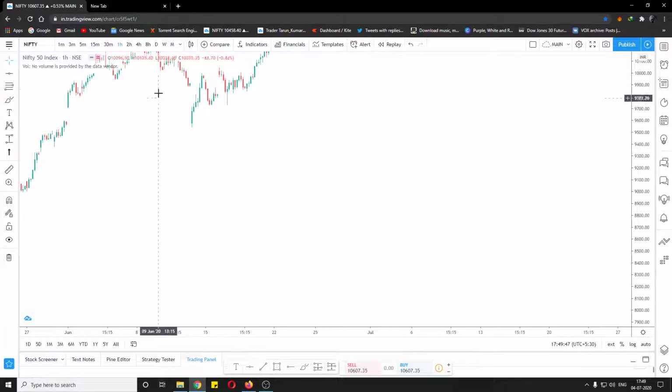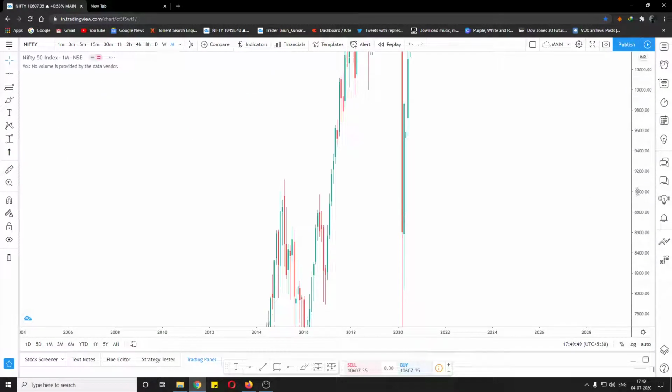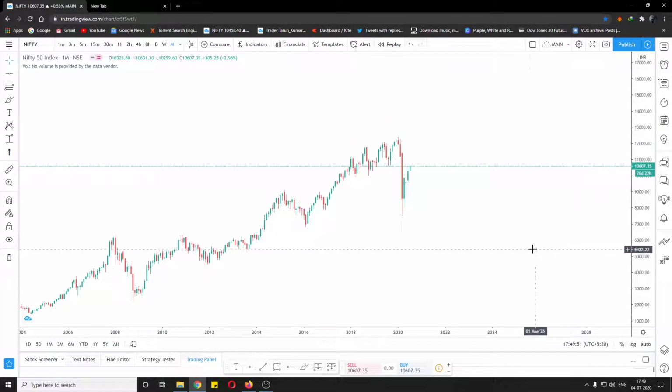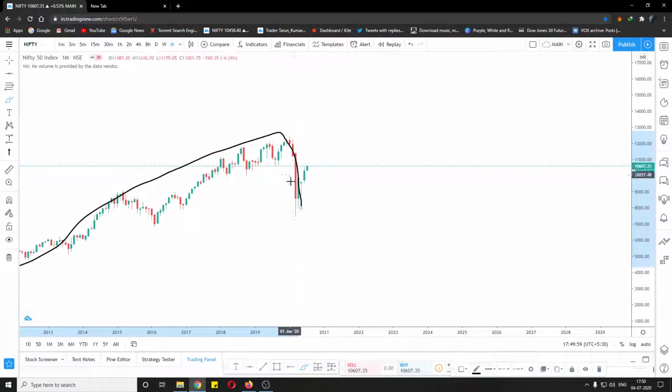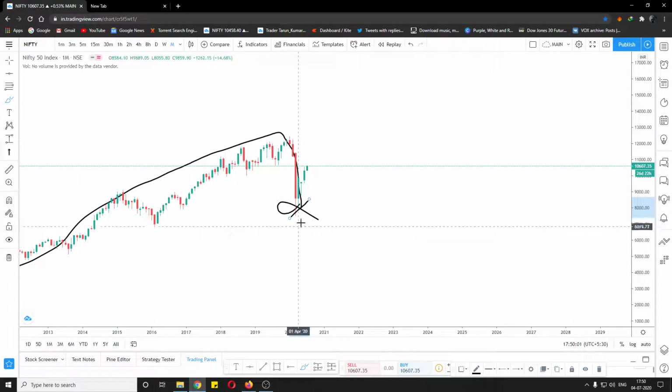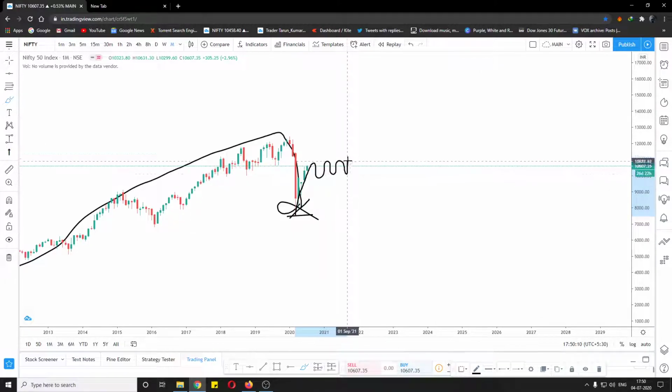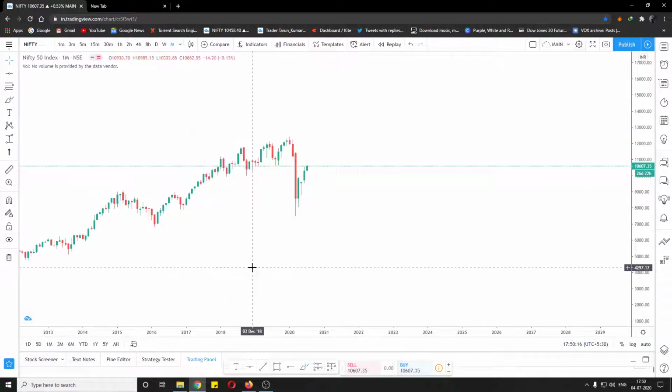So if I go to the monthly chart, this is what Nifty looks like to me: we have an uptrend and then we got a sharp fall, and this price-wise correction is done. We have corrected, we got to see the lower levels, and now we are going up, but I think there is time-wise correction left. We will spend some time here and then we go up. This is my analysis as of now.